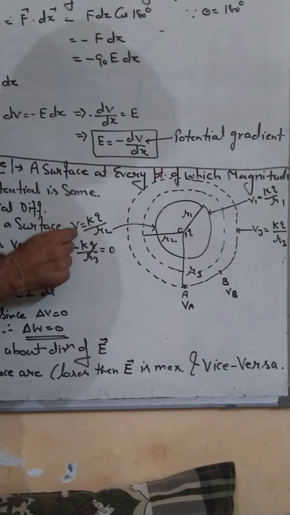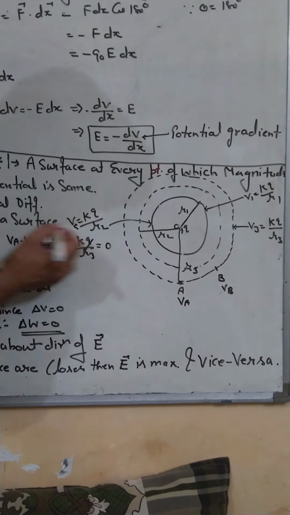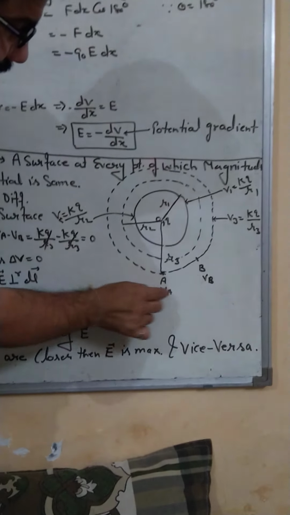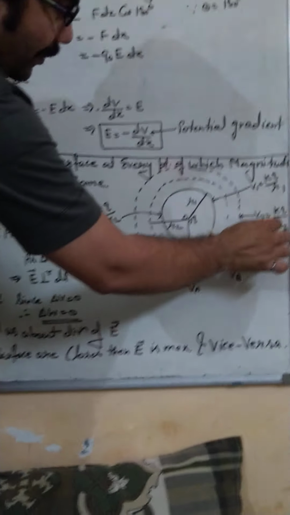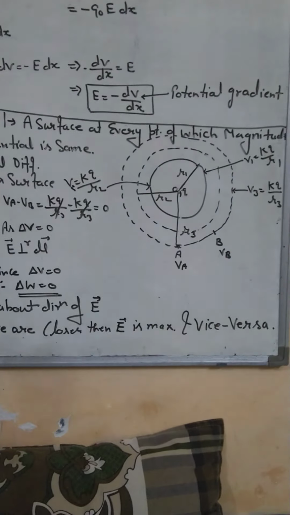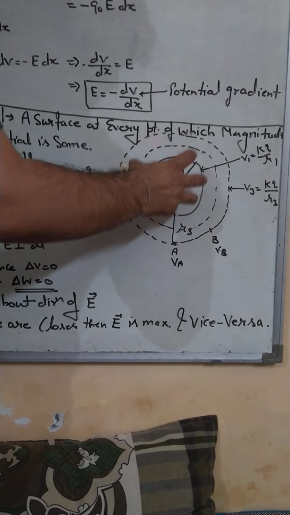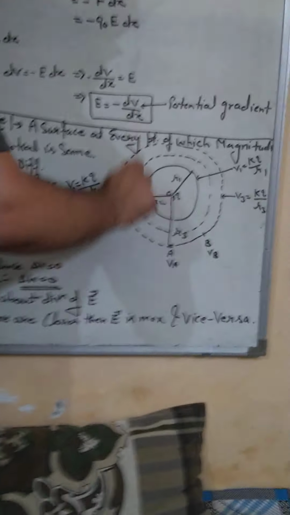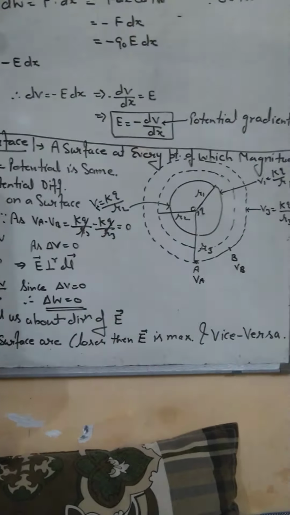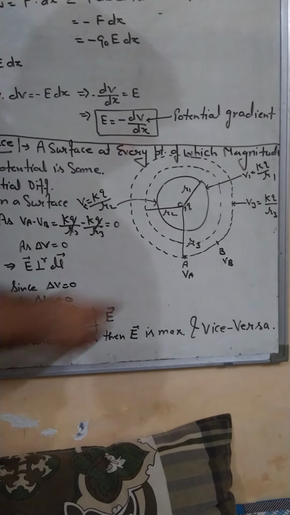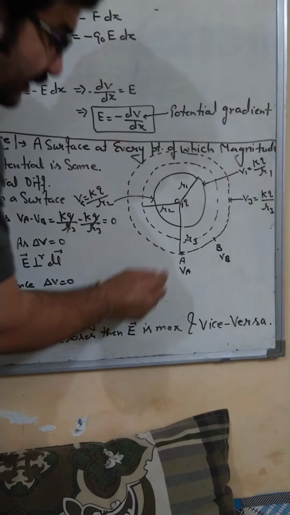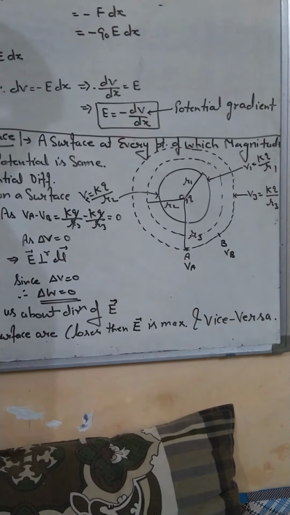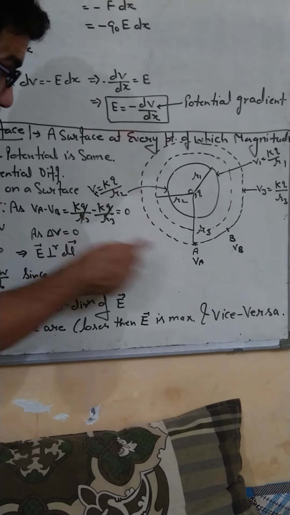KQ upon R2, that is potential number 2. And similarly, if we bring the radius R3, then potential will be at point KQ upon R3. In that manner, these different surfaces, at every point on each surface potential is same. If we select 2 points A and B, then here potential VA will be KQ upon R3 for third